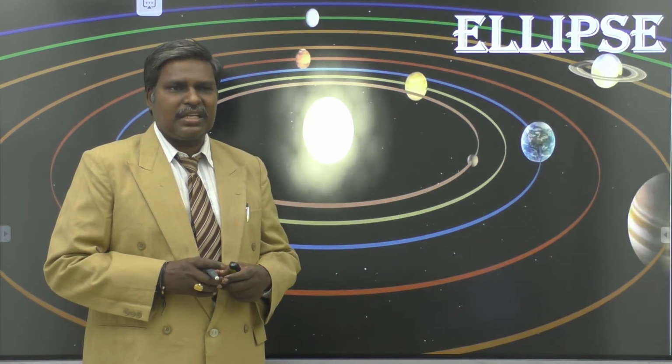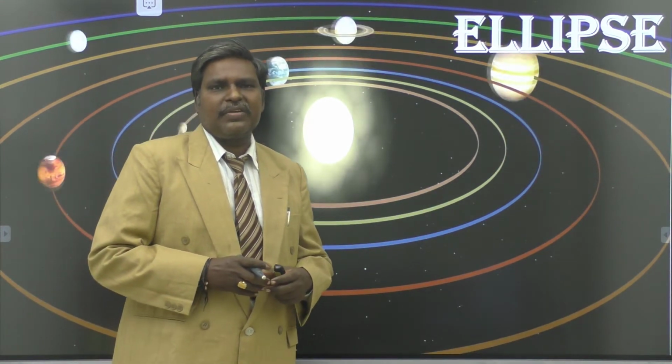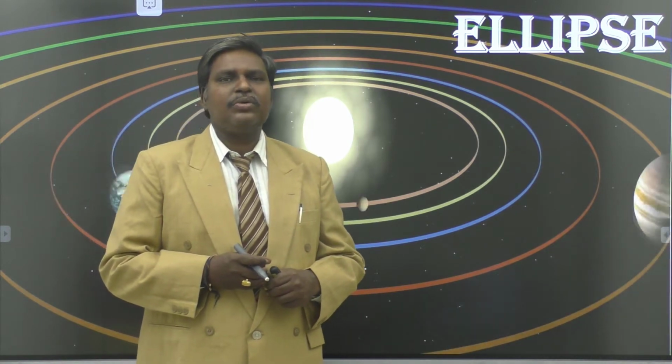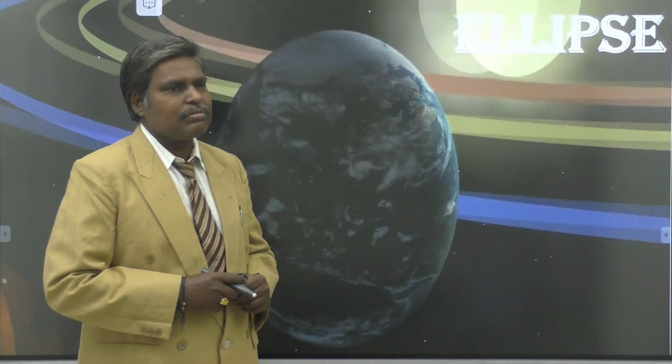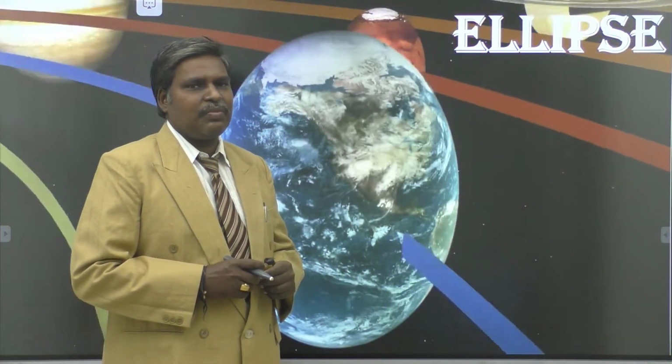What is director circle? The locus of point of intersection of perpendicular tangents to the ellipse is known as director circle. Its equation is what? x square plus y square is equal to a square plus b square. It is obtained by using the product of slopes m1 m2 is equal to minus 1. So what is m1 m2? y1 square minus b square by x1 square minus a square.